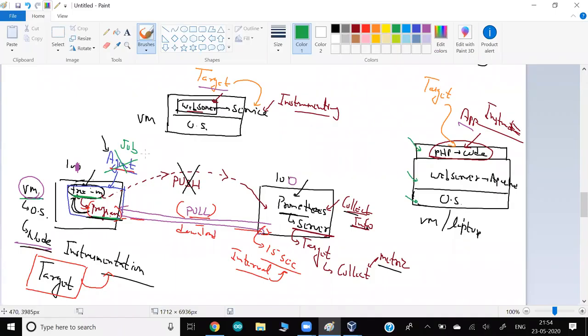So instead of the word agent, in this Prometheus world, this program is known as the job. Prometheus runs the job, goes there, connects to this program, or the job, or the target, and downloads the data.